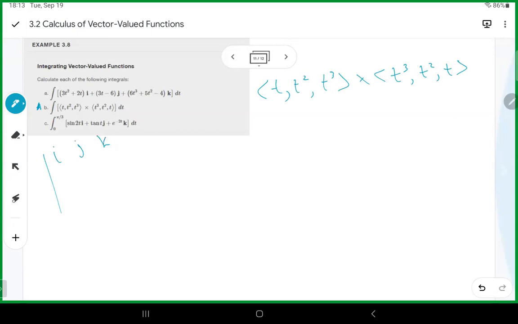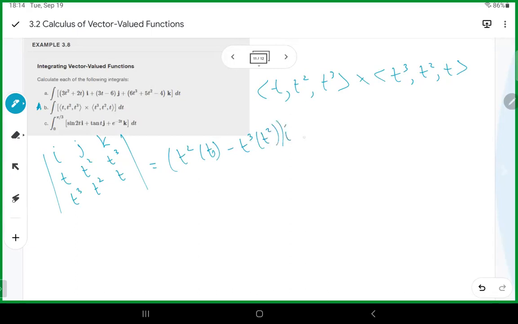I might have to spread these back out. T squared, t cubed, t cubed, t squared, t. Right? End up with t squared times t minus t cubed times t squared